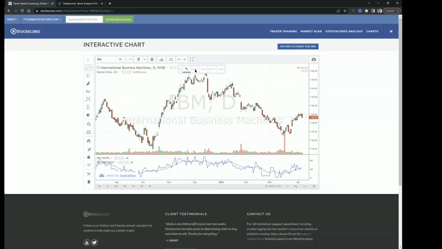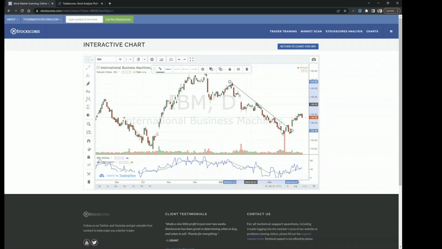I don't ever use these actually. There's a little downward trend line that I've drawn. I think I can make it fatter if I want. There we go. I can add in indicators. I can mark up the chart, all kinds of stuff. I can move through. I can see what the price is on each day as I move through the chart.